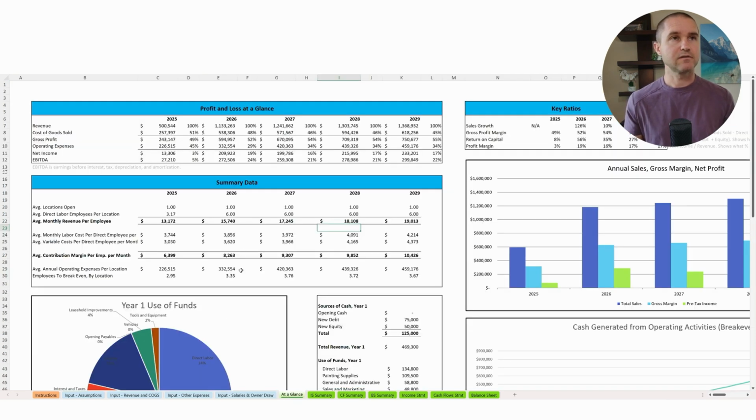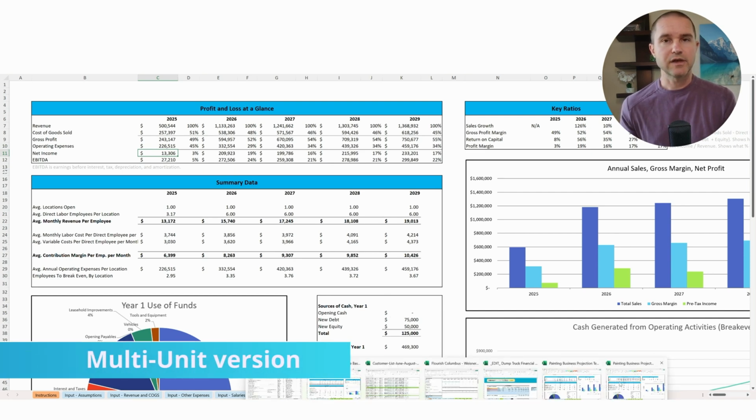So once we've completed that, we can see the results here, just breaking even in that first year and then ramping up over time to a little over 1.3 million in revenue, 233,000 in profit. Now, let me show you quickly our multi-unit location template,